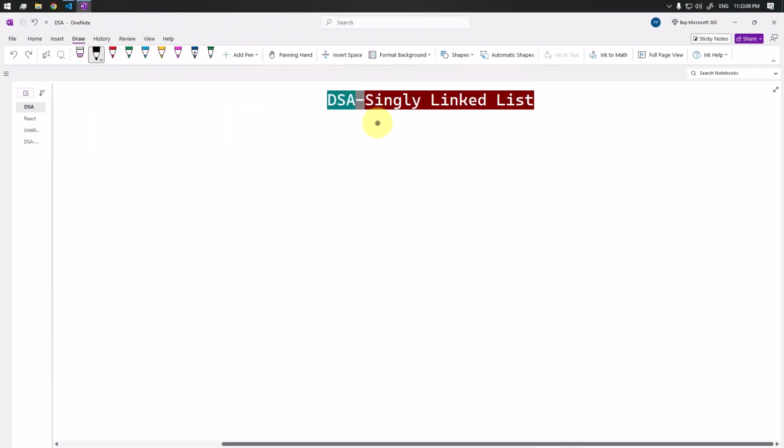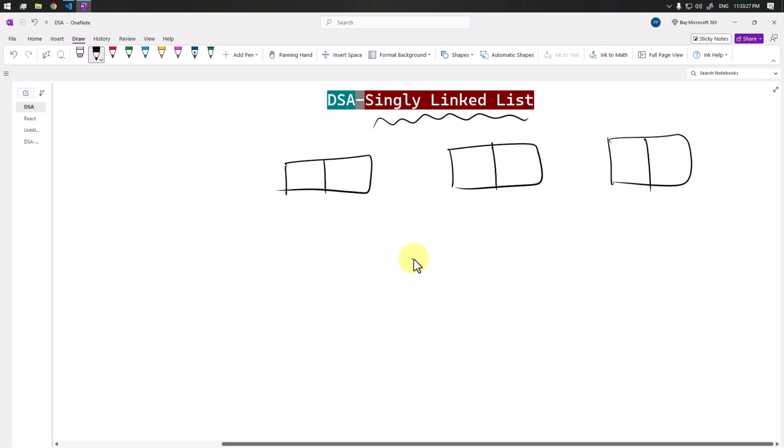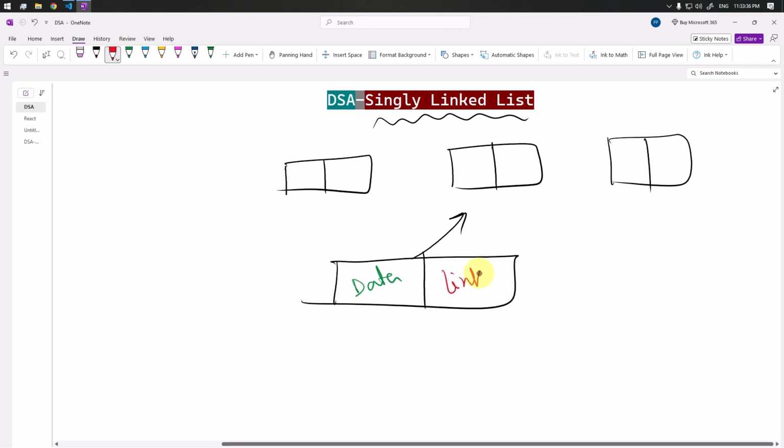So let's just see how we can create a singly linked list. The singly linked list is a linear data structure and it consists of nodes. It can consist of multiple nodes and each node contains two parts: the data part and the link to the next node. First of all, we have one head pointer which is pointing to the first node, and then each node